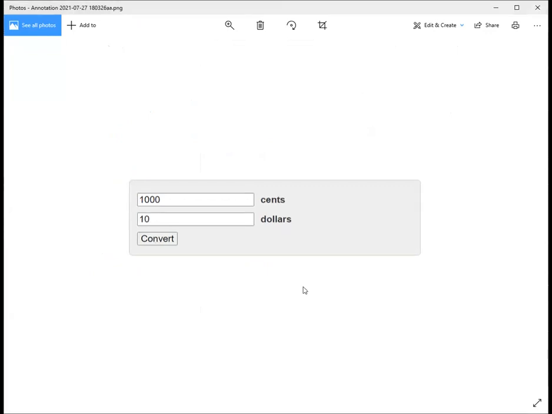So $10 will give you 1,000 cents. Is that okay? So have it at the back of your mind that $1 is equal to 100 cents. Is that okay? Good. Now that you know this,